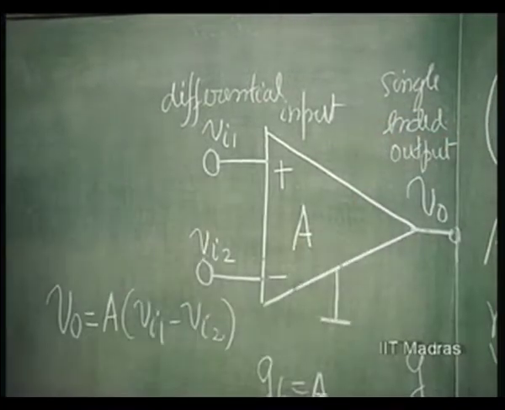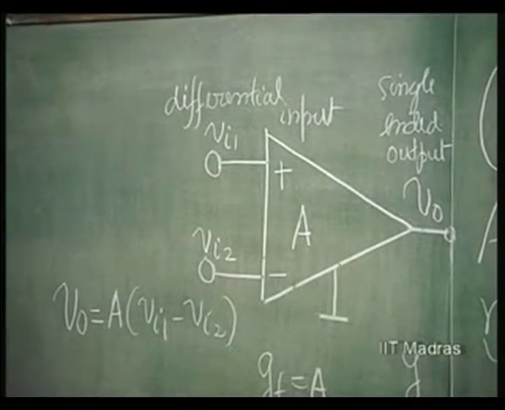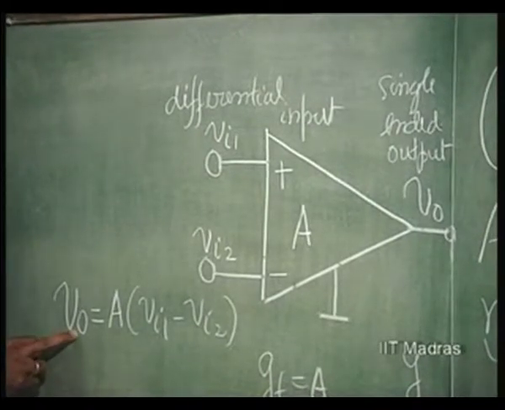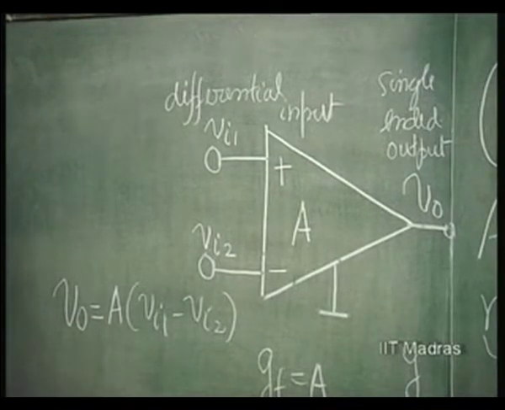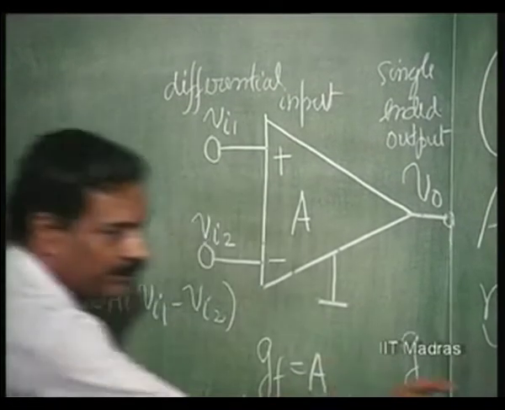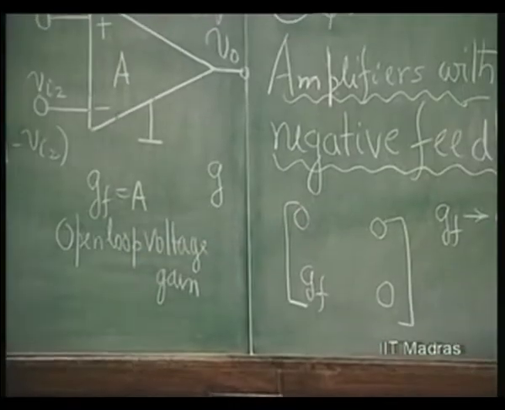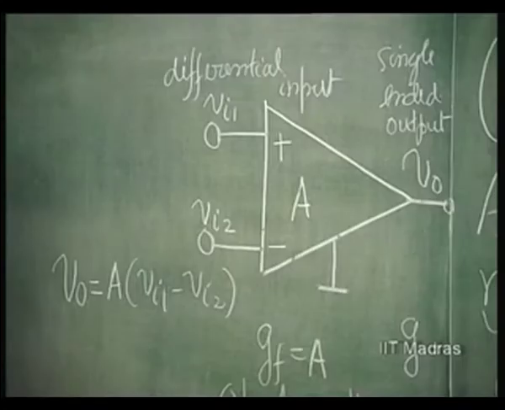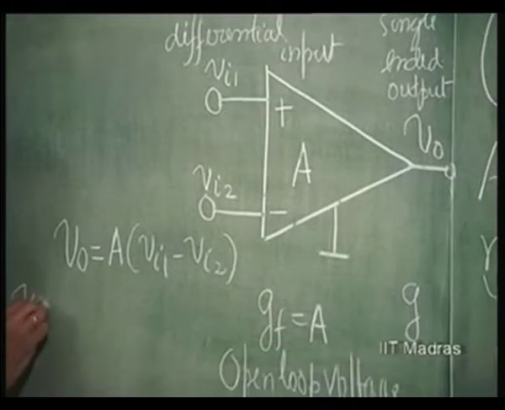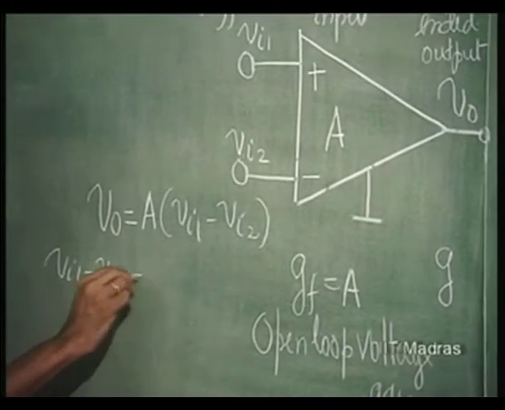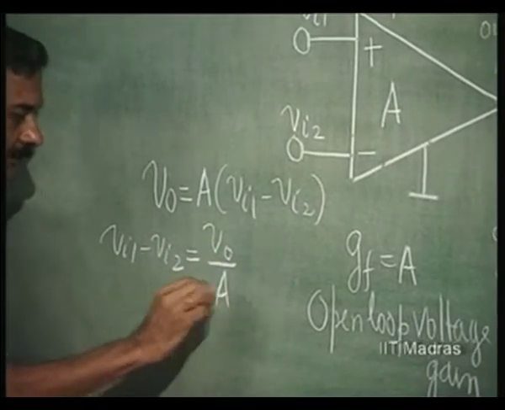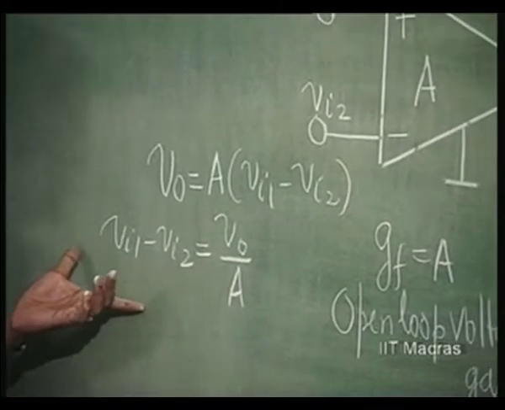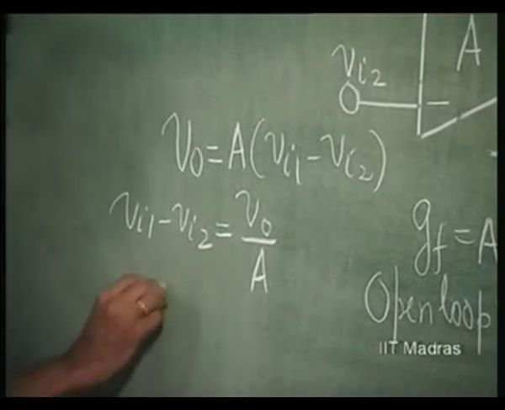We are talking of. So, if you consider first that only the forward transfer parameter is high, the rest of the things are all going to be 0, 0, 0, then we can indicate that Vi1 minus Vi2 always becomes equal to V0 by A. This is an important principle I am trying to discuss. A is tending towards infinity,